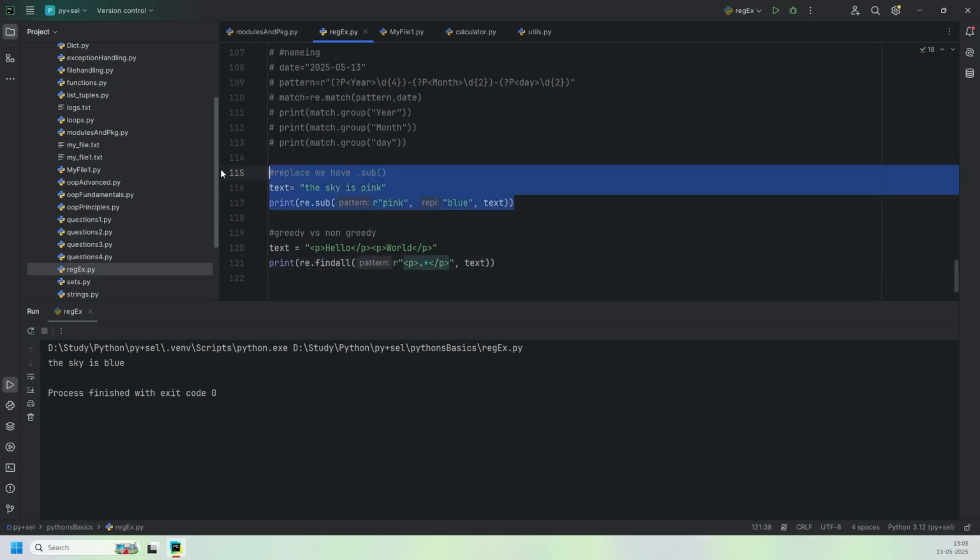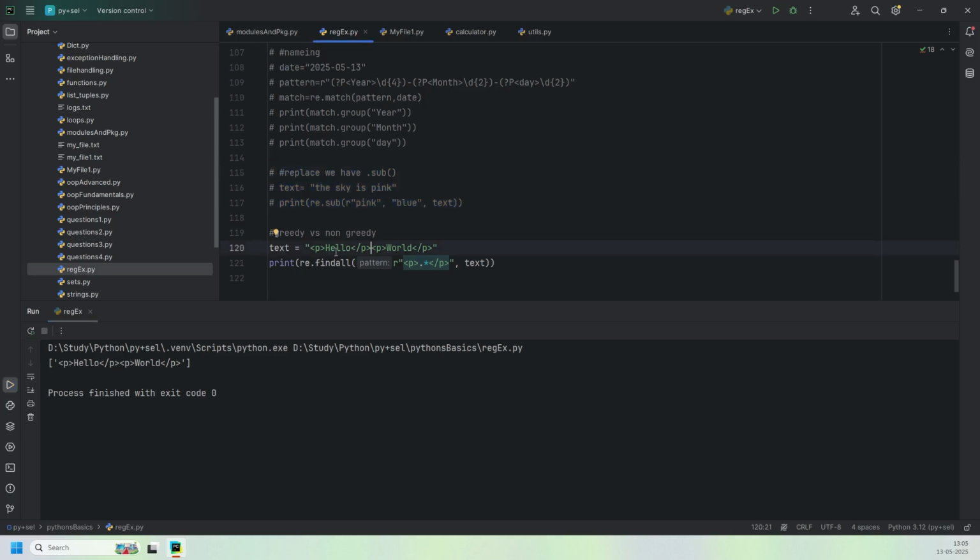Let's run this and see what we get in our output. It gives you a single string matching the whole text that you gave there. So in my scenario, if I have two paragraph tags opened and closed, it should give me two different paragraphs,